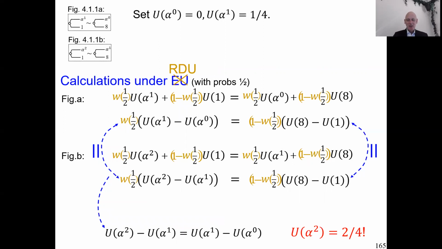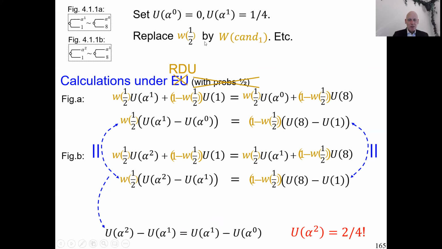These were calculations for decision under risk where we had probabilities half given, which is not our case right now. But I still put them up here for comparison. And now, of course, we don't have probabilities half, so I have to cross them out. Now we have to change a few things. Everywhere where we had the probability half and we took the small w value of it, it was concerning the upper branches.